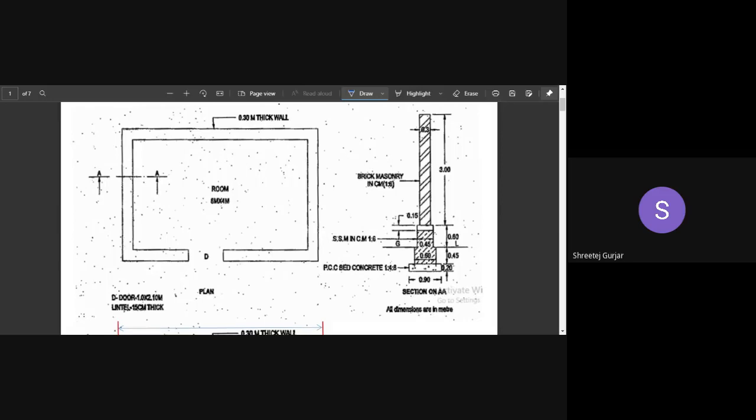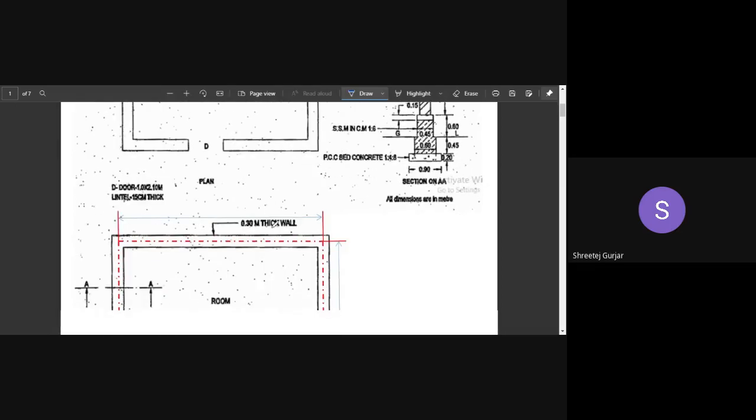So the wall is bearing your load. This is a load bearing structure. Whenever the walls are bearing your loads and transferring them from your beam to your foundation, it is a load bearing structure. They have shown a cross section at AA. In this section you can see a wall which is running continuously, and from the slab, the load bearing is done by the wall. The load is transferred to the foundation directly by this wall itself. So this is the difference between a load bearing and an RC structure. This first example is a load bearing structure.